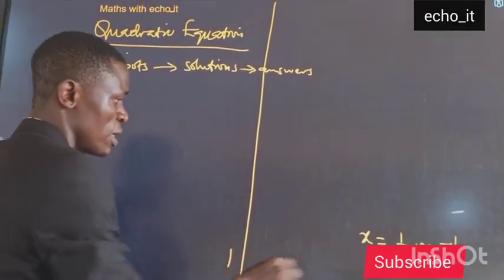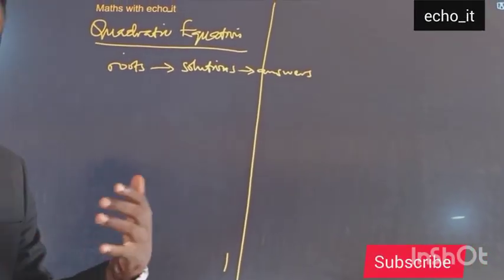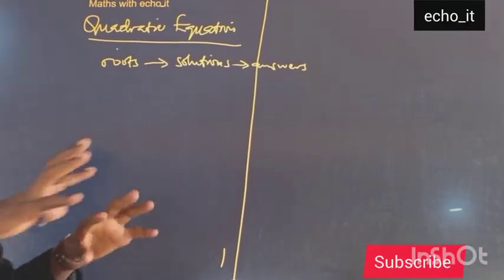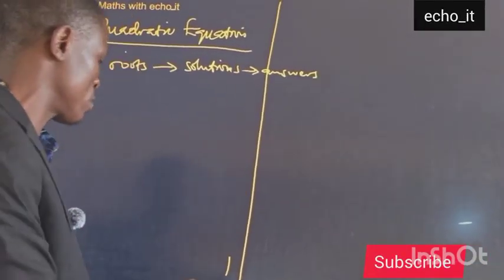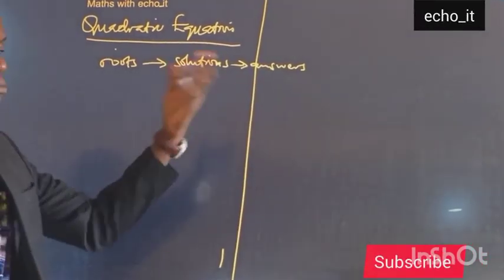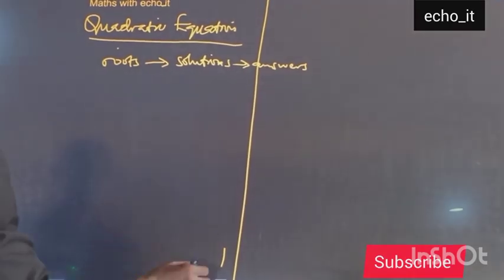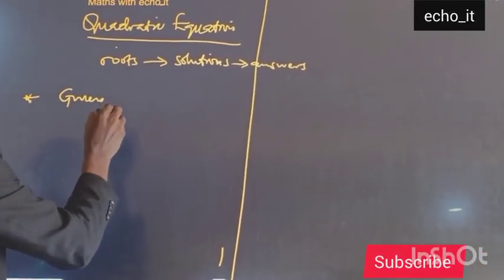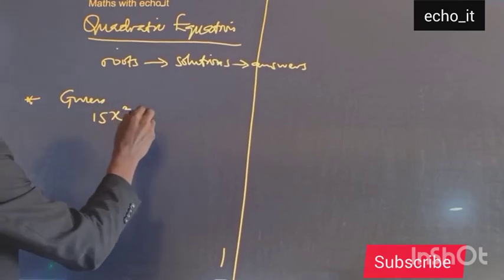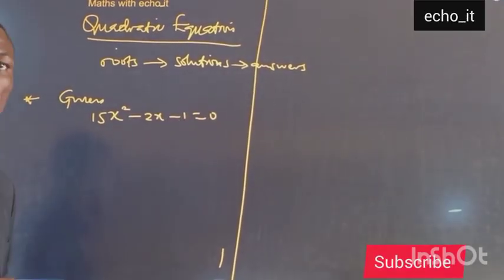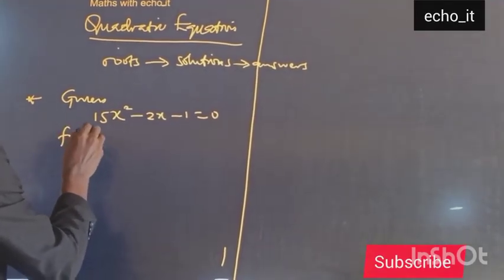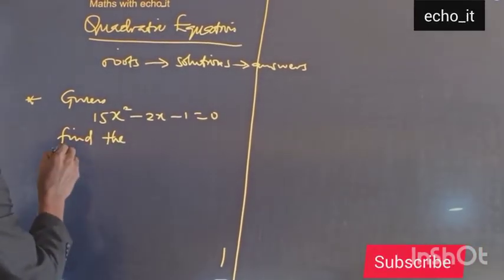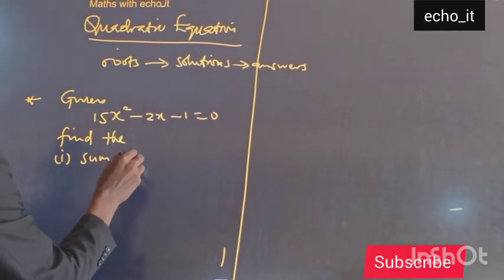Now, what about the addition of the roots or the product of the roots without you solving the quadratic equation? So how will you do that? So we are going to reference that same question we solved before. So let's form a question from the given x squared, we are asked to find sum and product